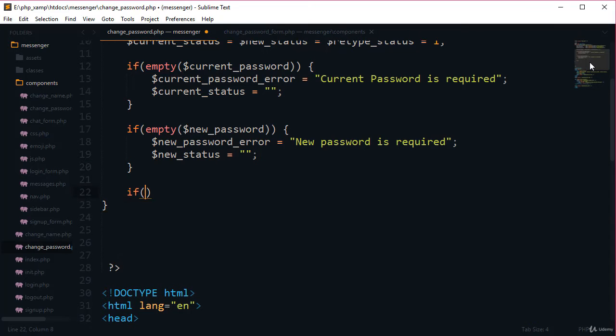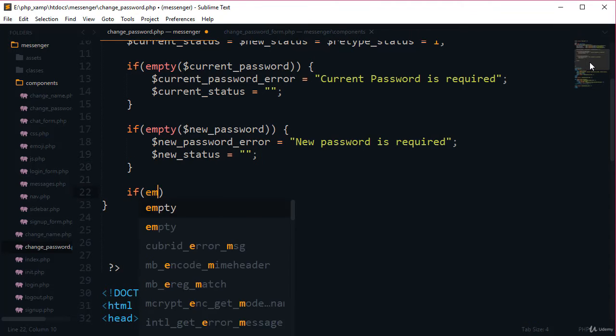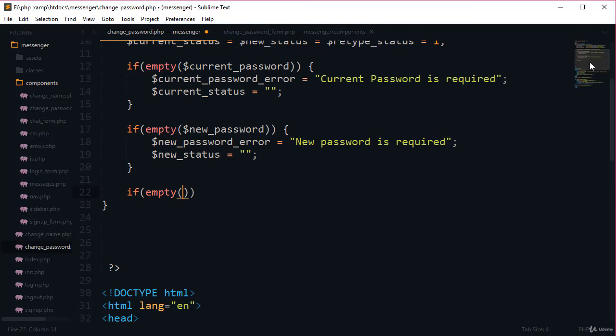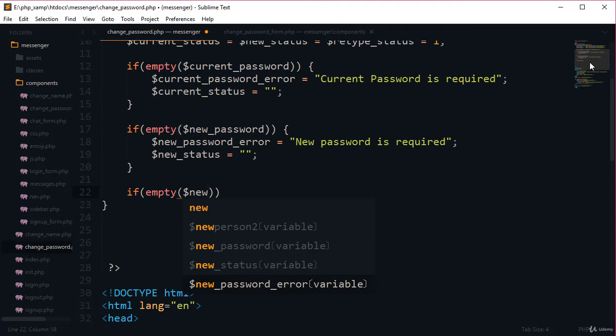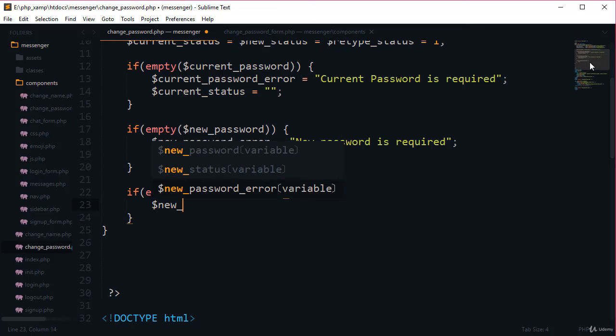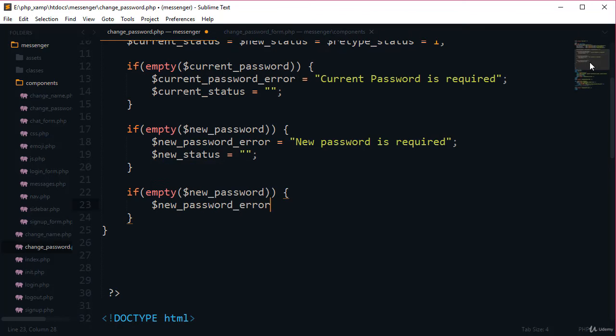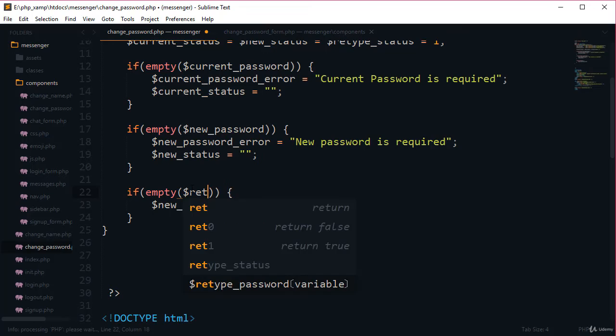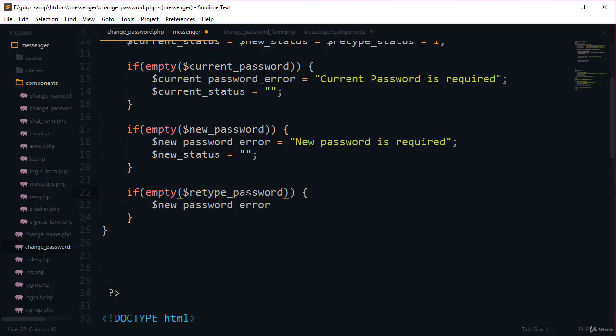And here again if empty new password, sorry, retype, and retype, because here we already have the new password.